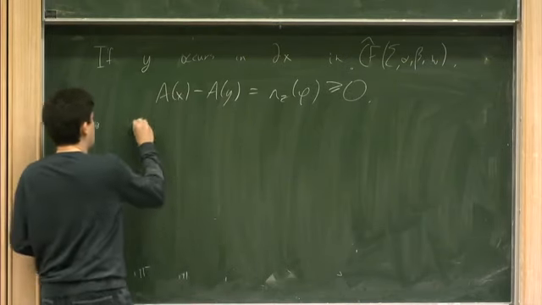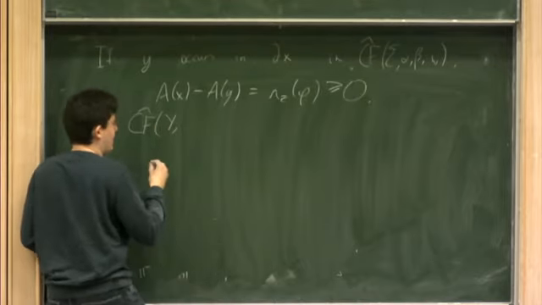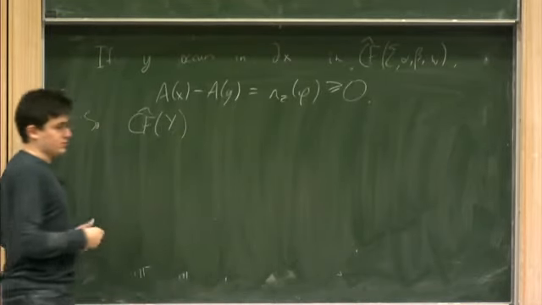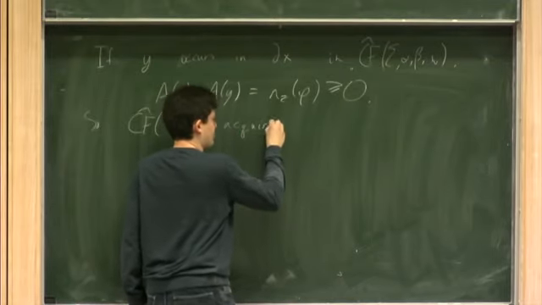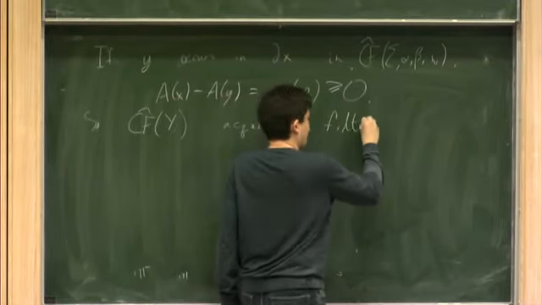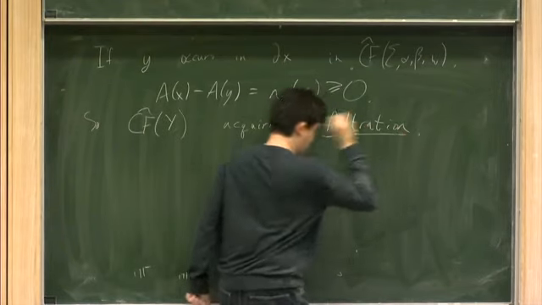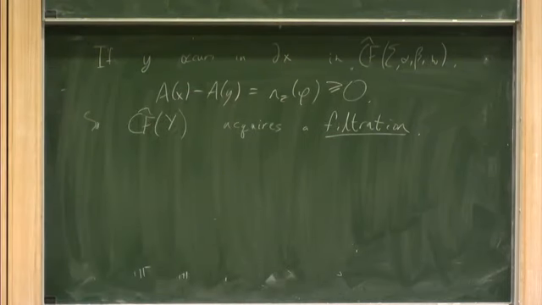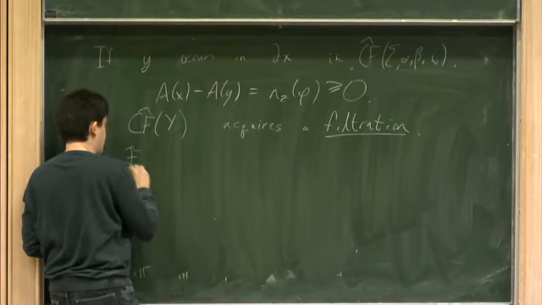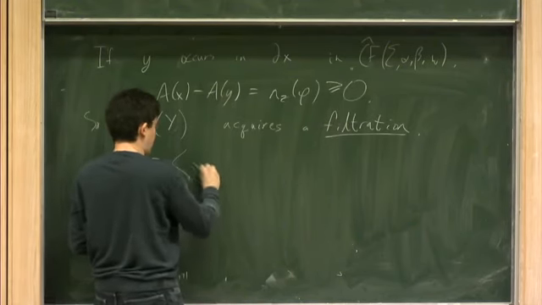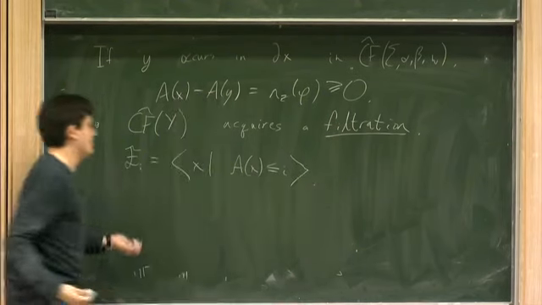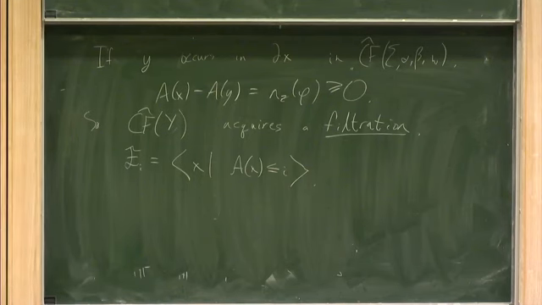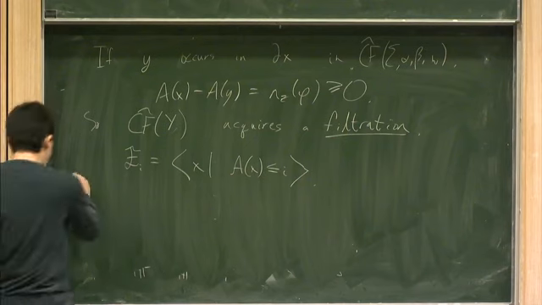So CF hat of this 3-manifold represented from this Heegaard diagram acquires a filtration. Okay. Namely, the different filtration levels are given by F sub I is generated by all X with the Alexander grading of X less than or equal to I. Okay, and each of those becomes a subcomplex. Okay, and now the theorem